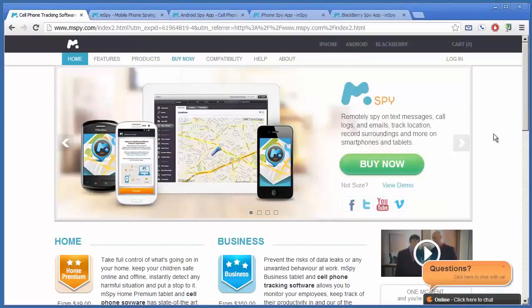So I'll go ahead and show you a little bit about it, and then we can go into a little more detail. But if you can read just from the splash page, it tells you it tracks text messages, call logs, incoming and outgoing emails, tracking the location as well as the recorded sound, which basically what that means is